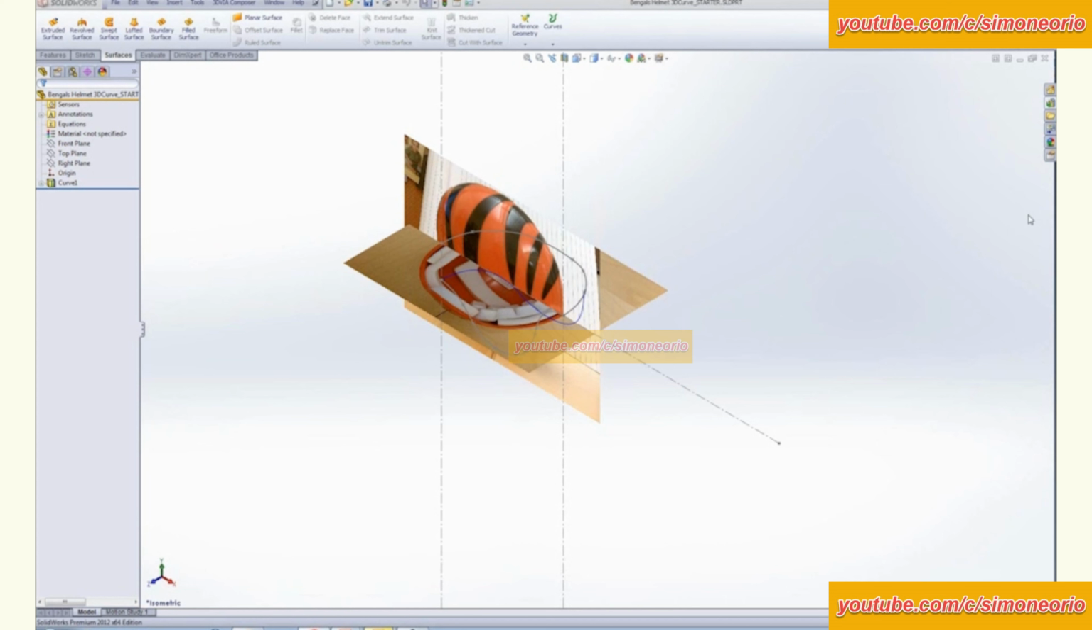One of the things that you can do, especially with these fancy dancy smartphones today, is take pictures, right? And you can load JPEGs into the sketch environment in SolidWorks, which makes it extremely handy to reverse engineer things such as